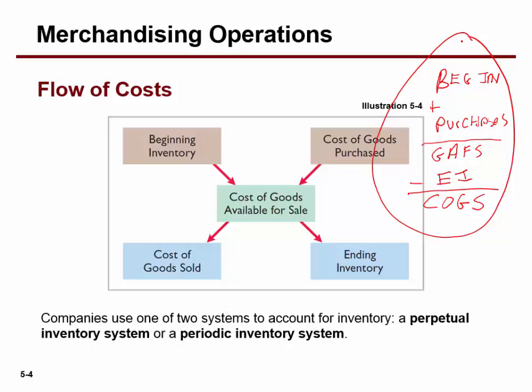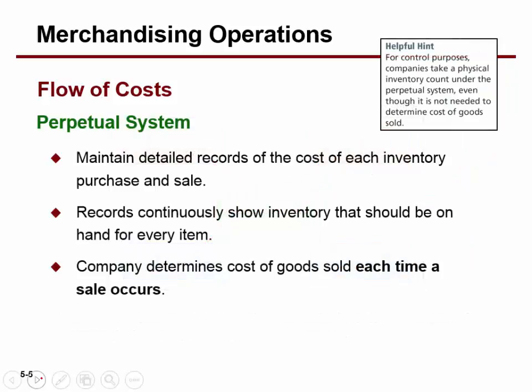Okay, good. So let's go ahead, though, and we're going to study, for the most part, the perpetual system. And with the perpetual system, when we purchase inventory, what journal entry will we make for the purchase? We just saw it. Is inventory an asset? We're going to debit inventory when we purchase the inventory. What did we purchase? 300,000 in that little example, or 310, whatever it was. And we're going to do what? Credit accounts payable, the 300,000.